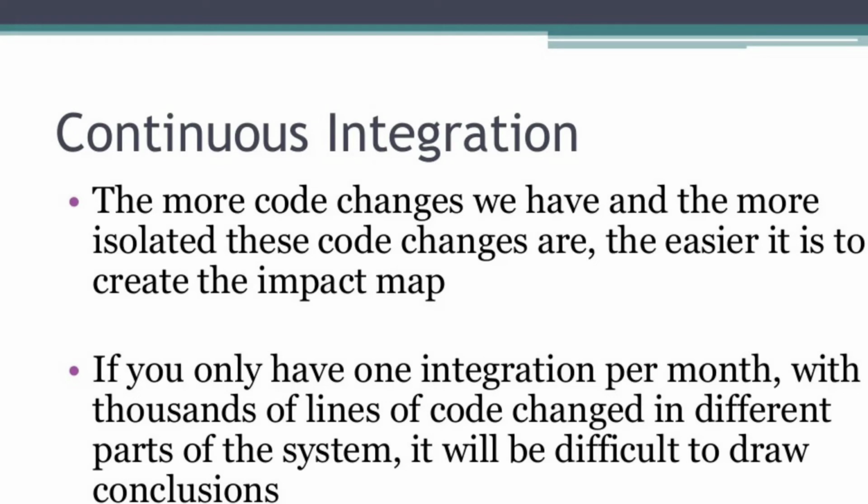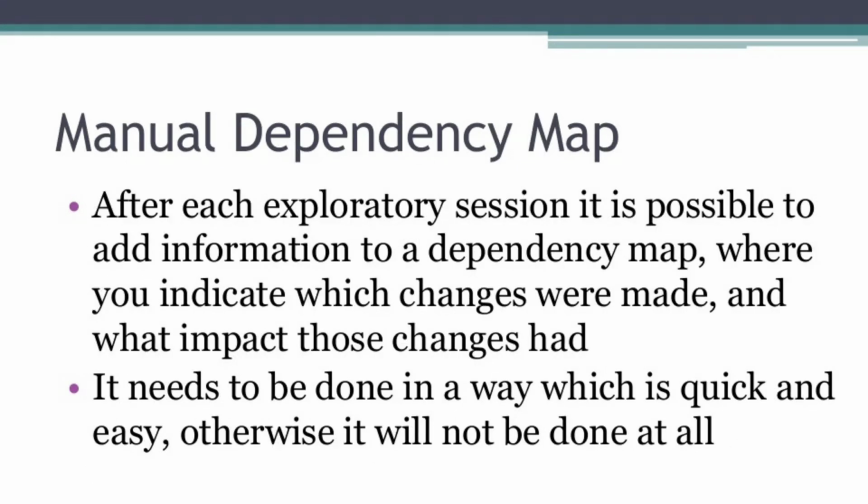If you only have one integration per month with thousands of lines of code changed in different parts of the system, it will be difficult to draw a conclusion. Manual dependency map. After each exploratory session, it is possible to add information to a dependency map where you indicate which changes were made and what impact those changes had. It needs to be done in a way which is quick and easy, otherwise